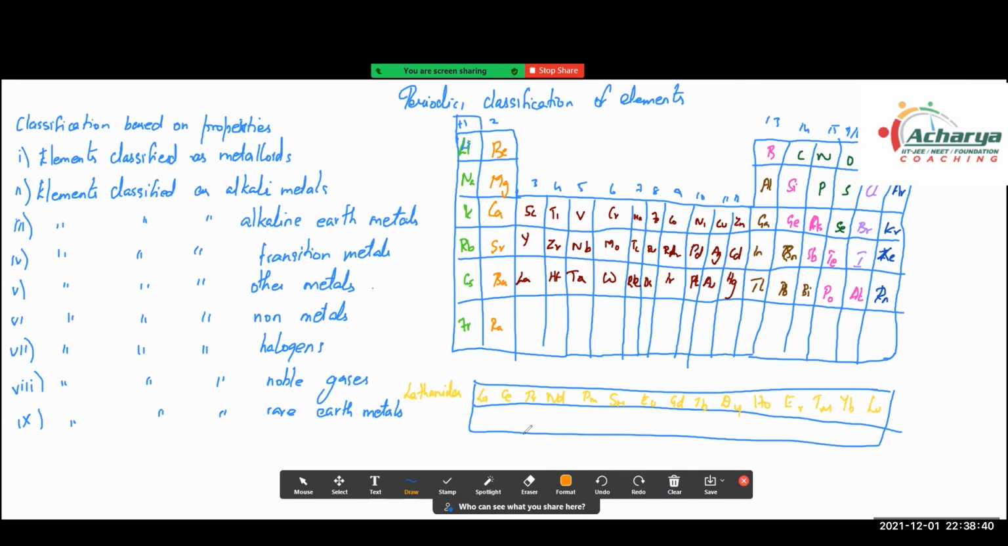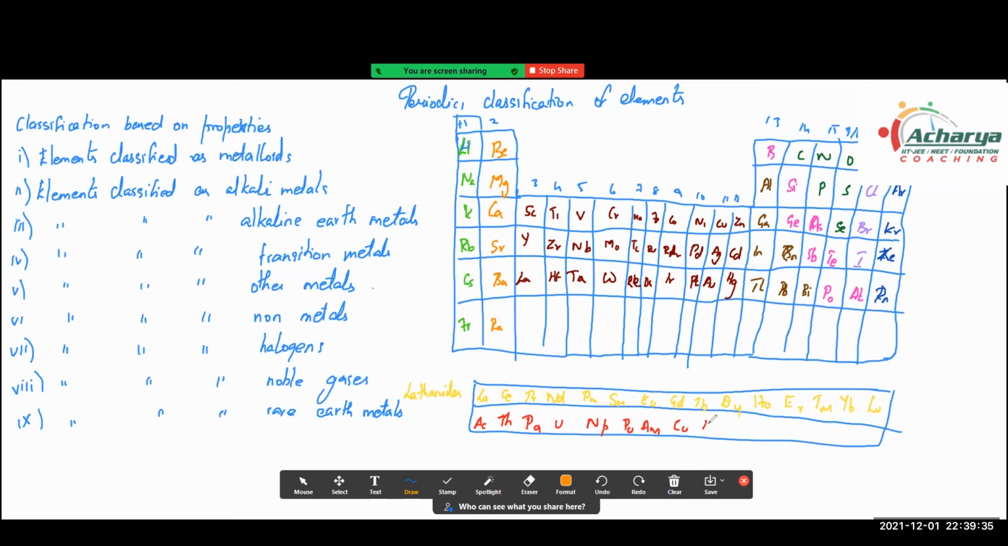lanthanides, and moving on to the actinides, we have actinium, which is going to be Ac, and then thorium, which is going to be Th, and then it is going to be protactinium, which is going to be Pa, and then uranium, and then neptunium, plutonium is going to be Pu, americium, Am, then we have curium, which is going to be Cm, and then